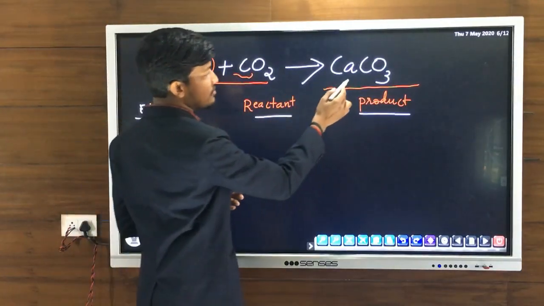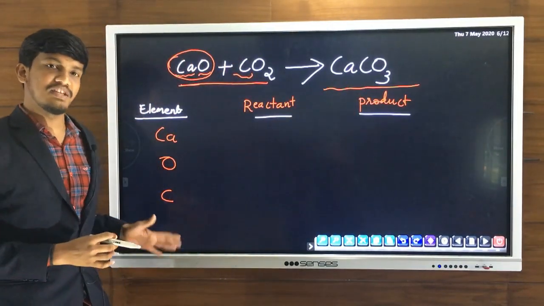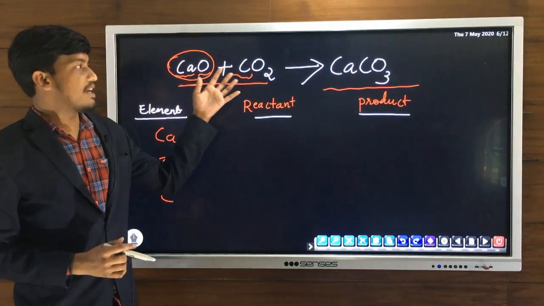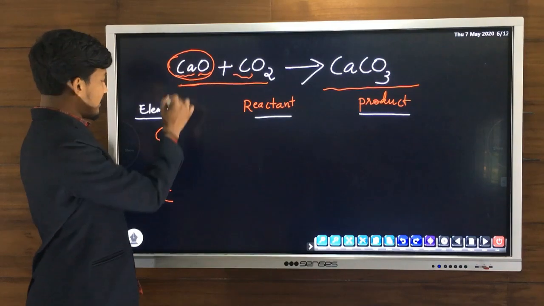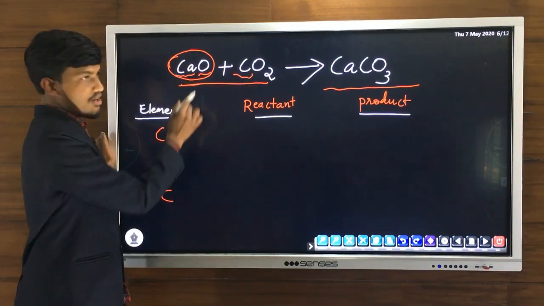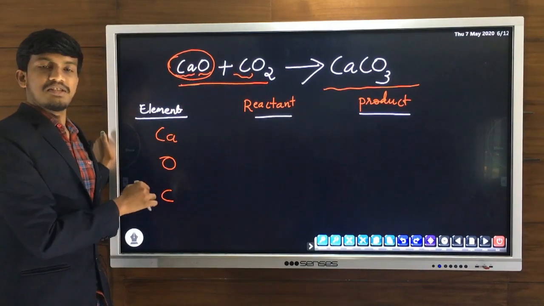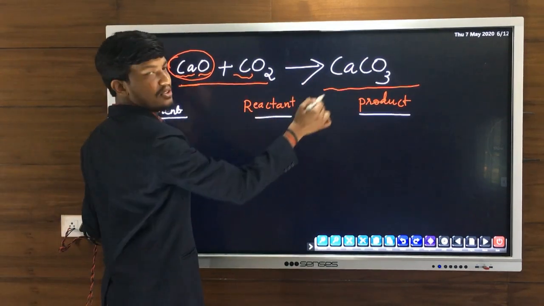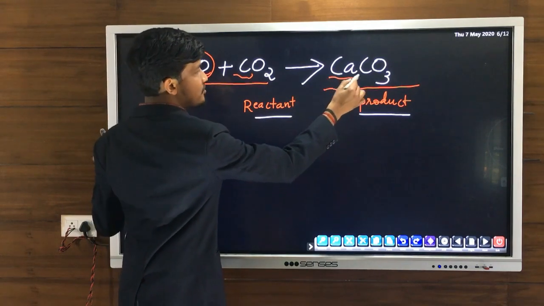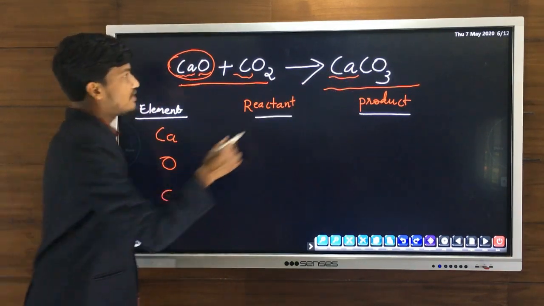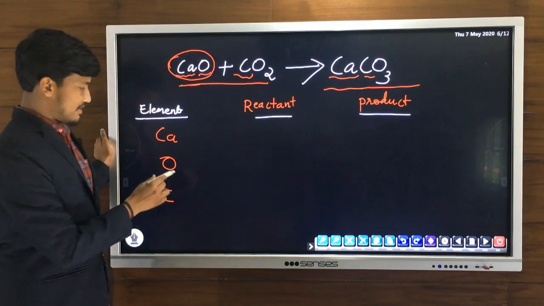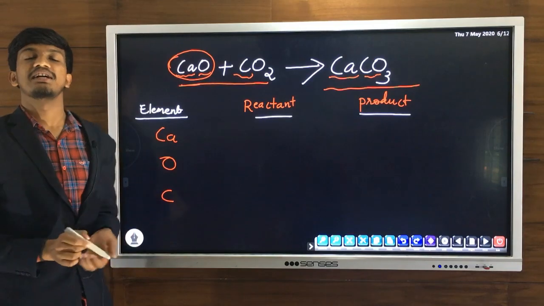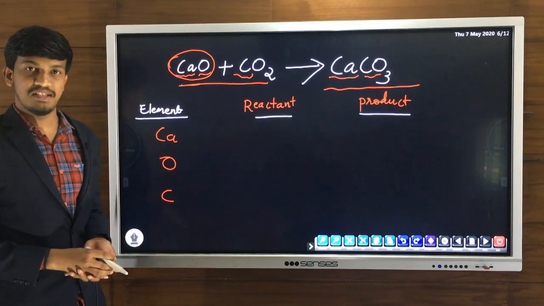And on the right side also we will have only the same elements. So in every equation the elements on both the side will be same only. See, on the left side we have seen Ca is there, O is there, and C is there. So the same elements will appear on the right side. So we can check it. In CaCO3, in the product Ca, so first atom Ca we have written, second one capital letter C, that is carbon we have, then third one oxygen, O. So these are the three different atoms present in this equation.